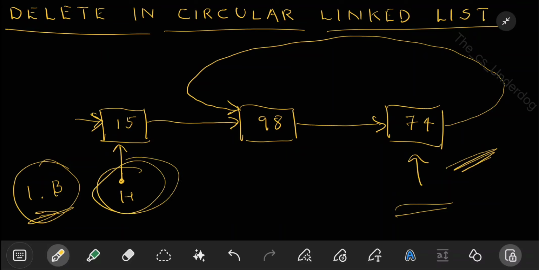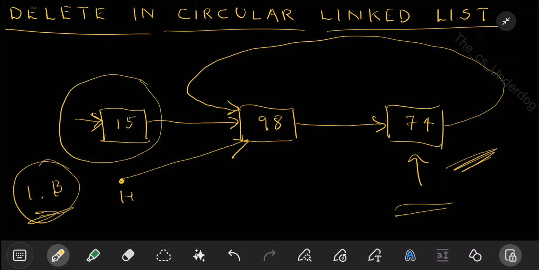Next step is to update the head pointer to the second node. So head is what marks the starting of the list. What will I do? I'll make this head point to the second node. So my head is also pointing to the second node, which means at this point there is no way of reaching this node at all. You can't reach this node at all, but it is still there in memory,